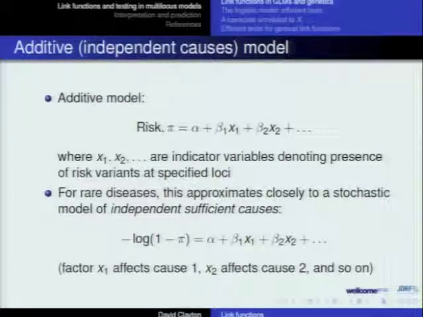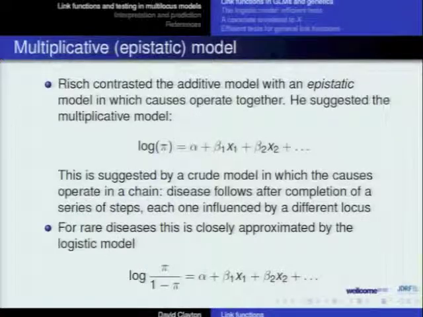Now, Risch contrasted that with the model which we more often use in general epidemiology, which is the multiplicative model, which Risch considered the model which was multiplicative in risk, therefore additive in the log of risk, and that, under the rare disease assumption, is nearly the same as the logistic regression model. And that, in a sense, if you want a sort of crude mechanistic way of thinking about it, that's a sort of model for,